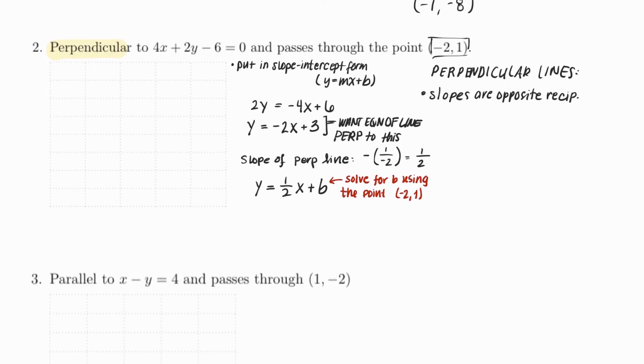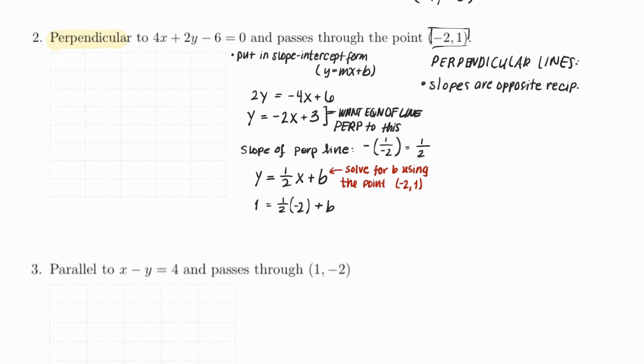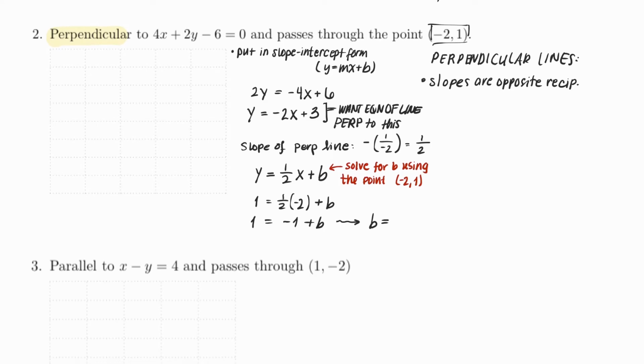So I'll plug that in, solve for b. (1/2) times -2 is -1. To solve for b, I'll add 1 to both sides, and I get that b is equal to 2. So the equation of my perpendicular line should be y equals